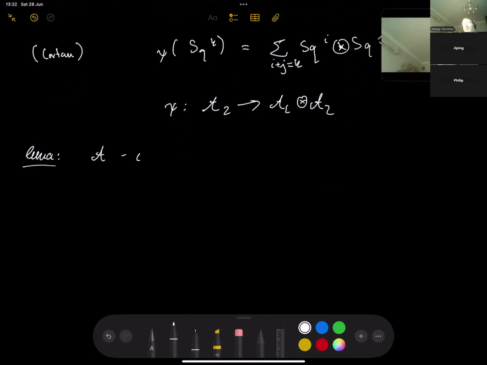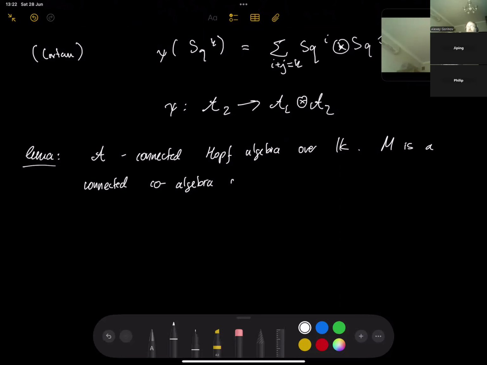So if A is a connected Hopf algebra over some field K, and M is a connected co-algebra over K that is also a left A module,